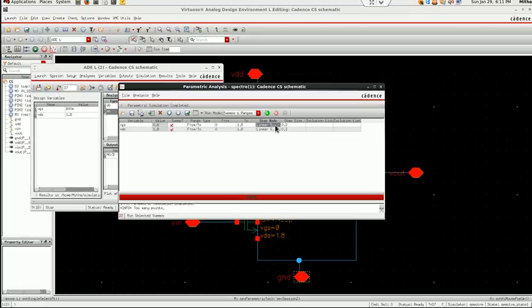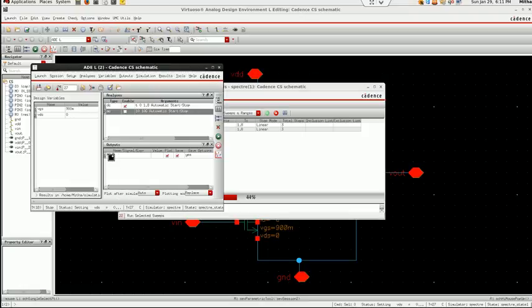So what I do here, it's asking for total steps. I'll give 3, and here also it's asking for total steps. I'll give 3. That means it will take 9 steps total. So when I'm simulating, I'm varying VGS and VDS both to find the variation of my drain current. This is for two variables. I can add multiple variables similarly to see the effect.